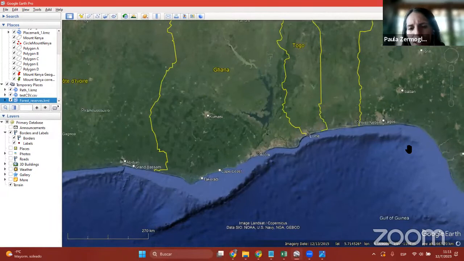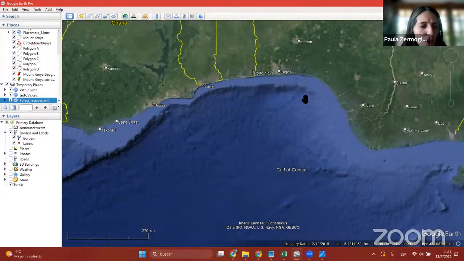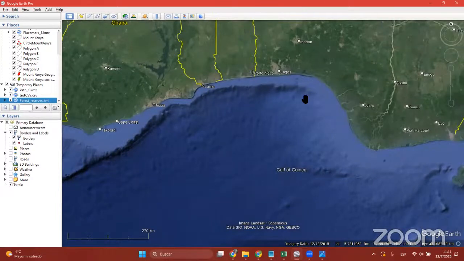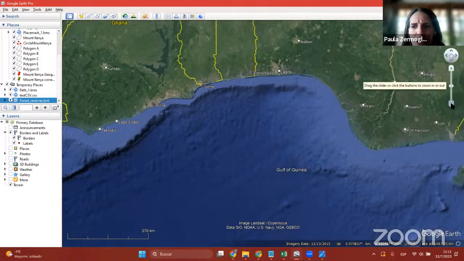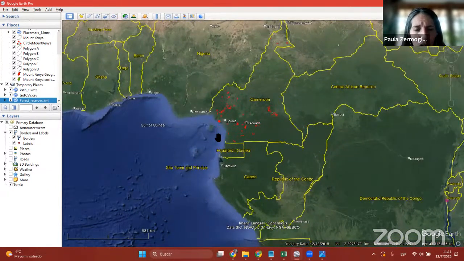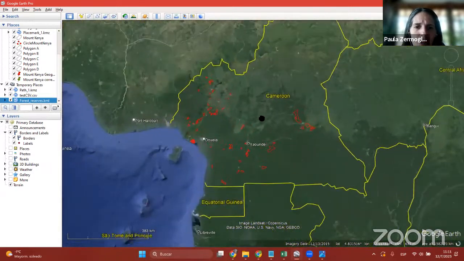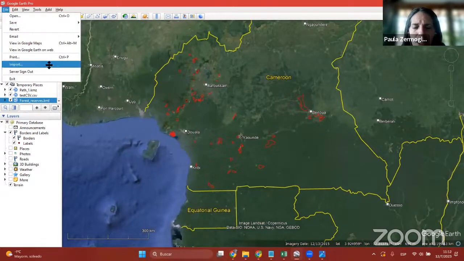Well, one should check in the source. In this case, for the reserves, it was the Forest Watch. The Forest Watch is probably using a projection that is WGS 84 compatible. Yeah, it's probably using a projection that is compatible with Google Earth and Google Maps, because that is what most people use. However, we can always check at the source if that is really the projection they are using, if they are using the Transverse Mercator, and which datum they are using. But what you will need is first to download this data from another website. If you haven't downloaded it, it's impossible to load. You have to have it on your computer. And once you have it on your computer, you have to go to what we said before, import those data